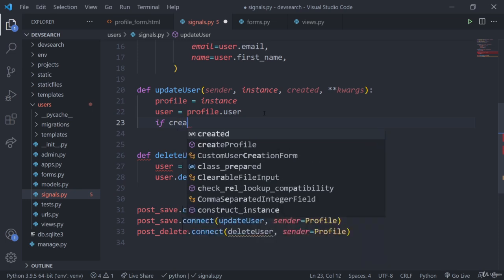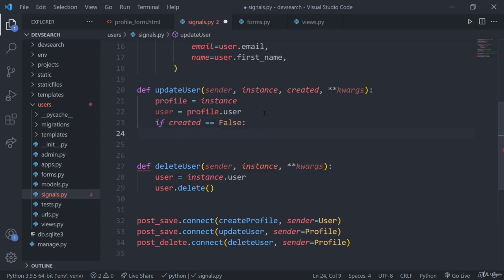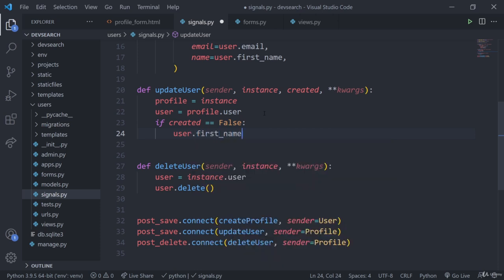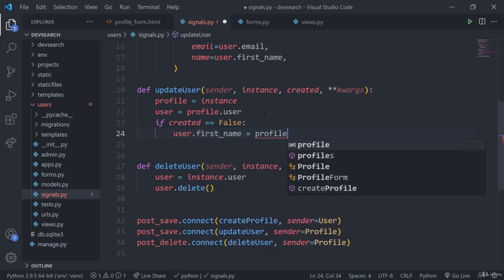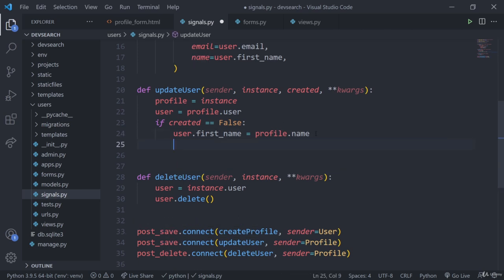So we're going to do if created, and this has to be this way, and I'll explain in a second. So if created is equal to false, then we can actually create the user profile here, or update the user profile. So we'll just do user.first_name, and that's going to be set to profile.name. So the profile was saved, so this calls after the save factor. So after the profile is saved, we now have the modified data, so that's why we can update the user. So we'll just do user.username, and this is the key part here, and then we can just update that with